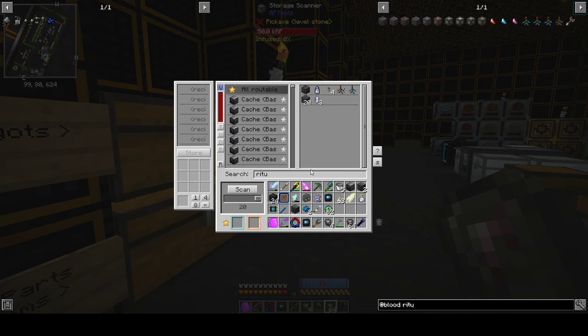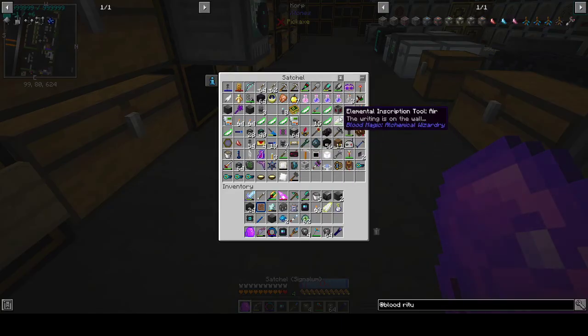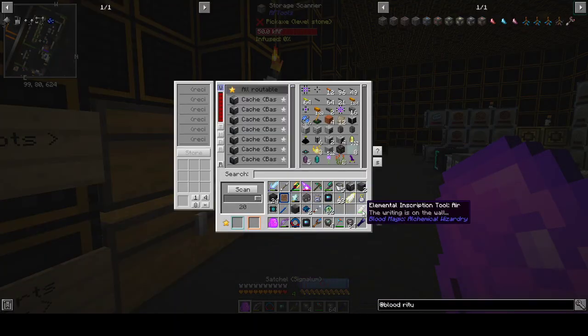And if I look into blood, I have 1, 2, 3 of those. I think I still need the dusk one, and I think the air one is on me. Yes. So we'll put that in there. Put the inner eyes in here for now. And